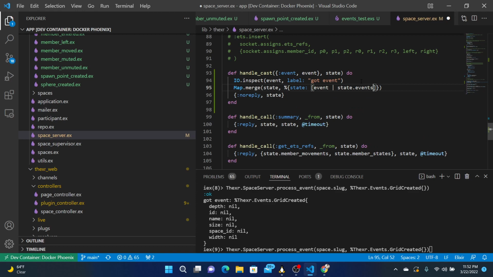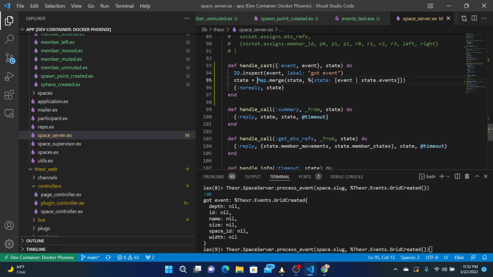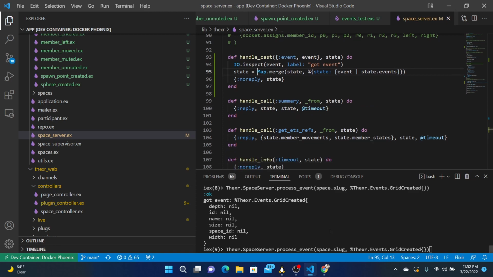And put all that becomes the new state. Fine with that. That would stash it into the state. So that when we want to get a summary,